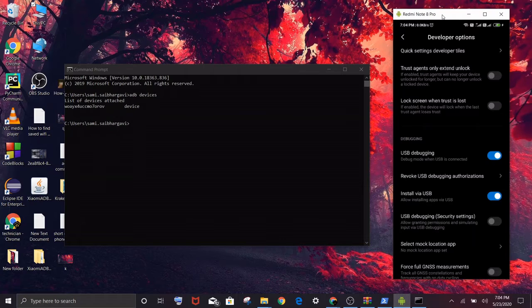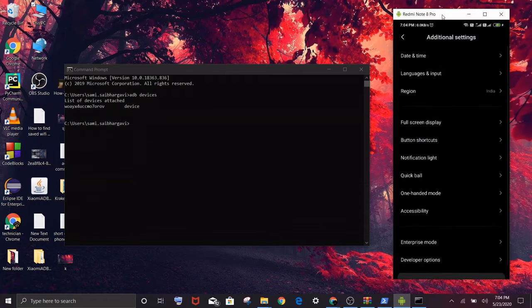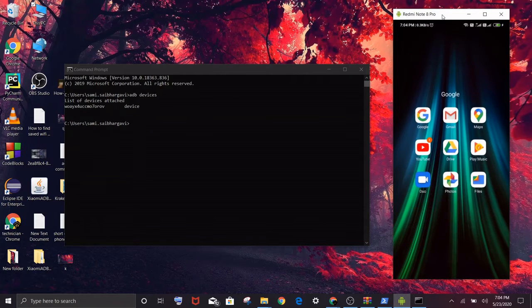Why is adb devices useful? Most of the Android users are not interested in using the inbuilt applications of the mobiles. If you are using Play Music in your mobile, you can't uninstall it. And Gmail, Maps, some members are not interested in them and they want to delete them. You can delete them by using the ADB tool.